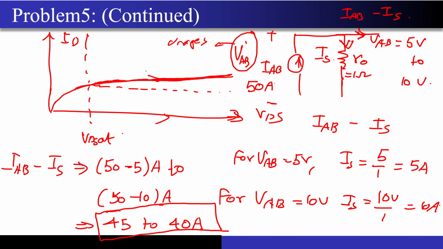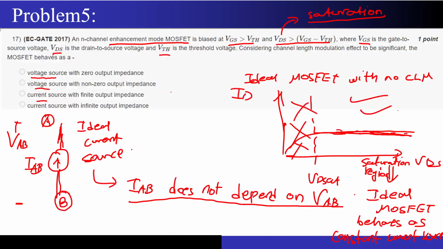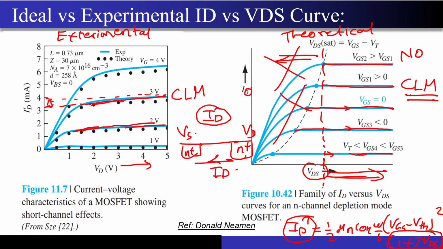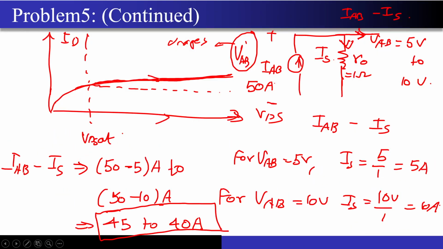From these characteristics, I already told you that this looks very similar to the experimental characteristics I showed you just a few slides back. You can easily see that this has a certain slope. So what does this mean? This clearly proves that this MOSFET is behaving like a constant current source, but it has a certain internal resistance with it. So this is the MOSFET model for the case when it is operating in saturation,